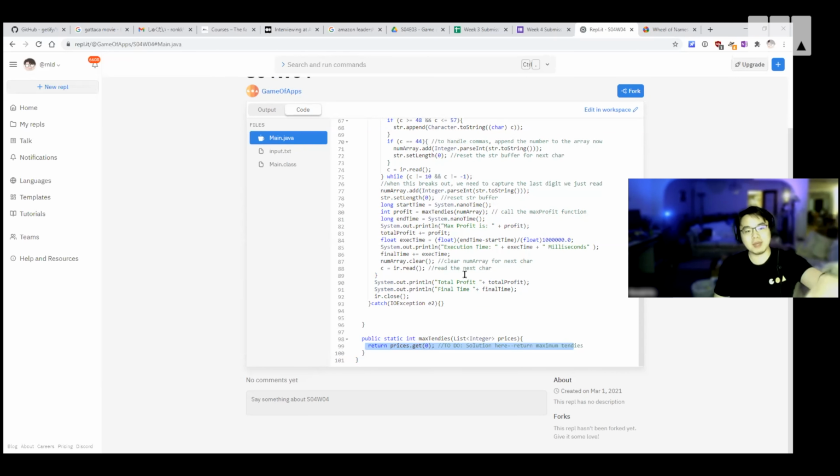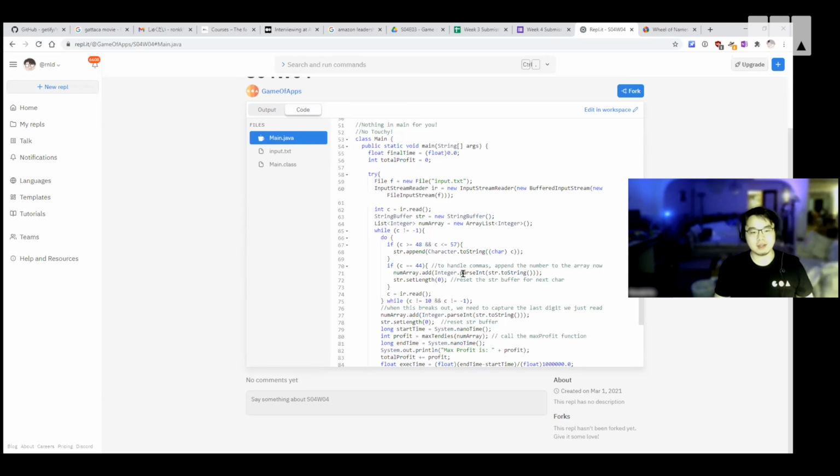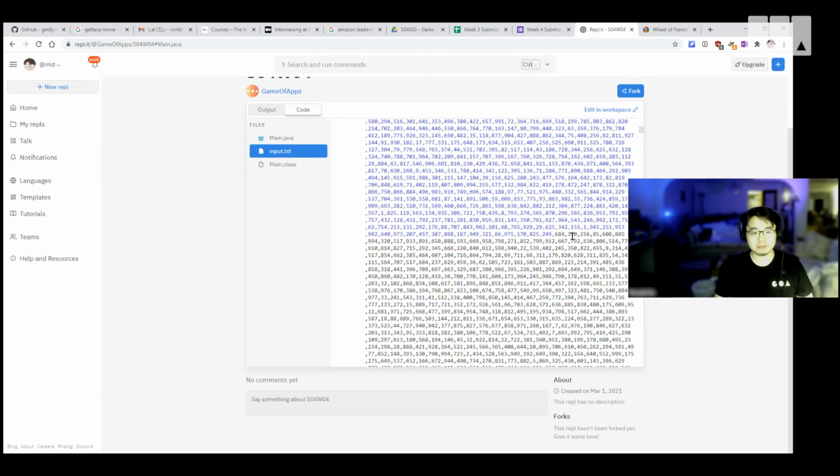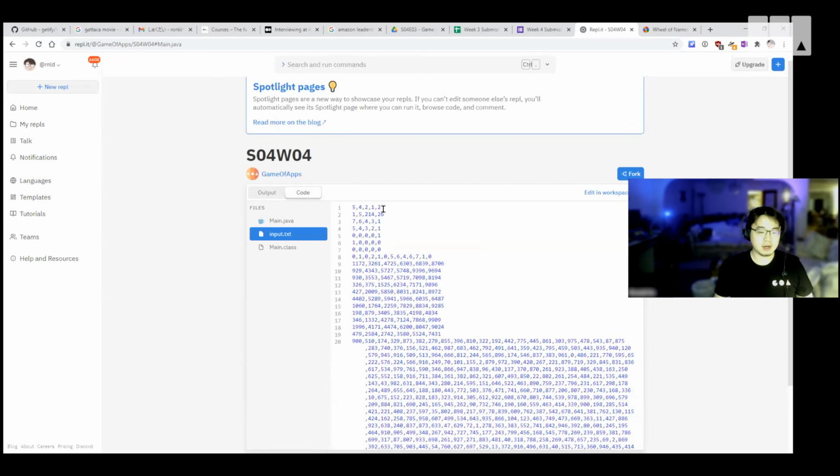Don't touch the main function, because that's just for parsing the input. In the input file, each line represents a stock trend, essentially. And on this last one, we have a huge,